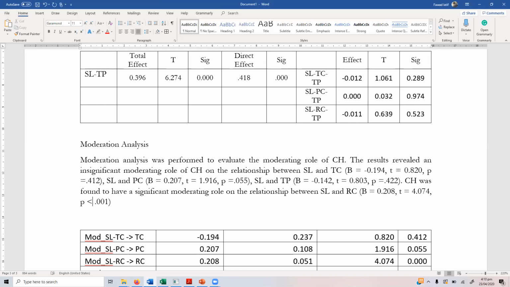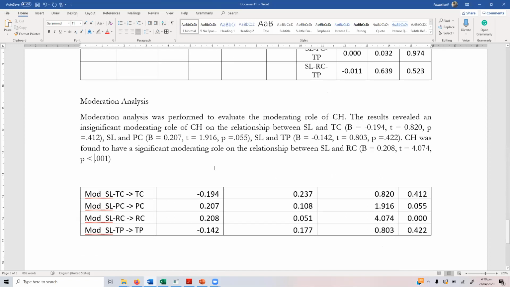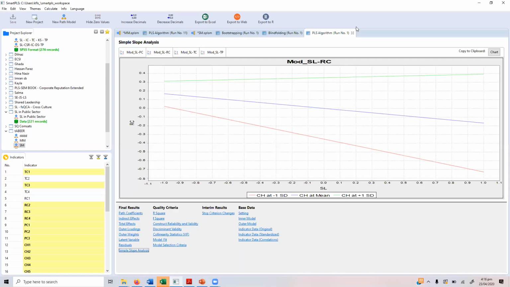So now we are going to draw a graph. We've got different tools to draw a graph. So I've got this graph which I'm going to share for now, and then, okay, now here is our slope analysis. Now in order to get this, you go to your PLS algorithm, and in the final results you see this